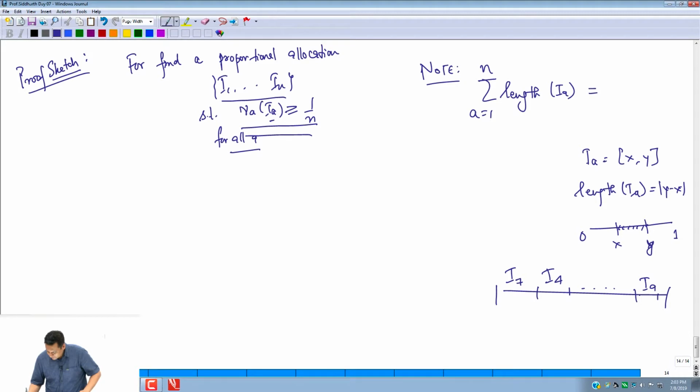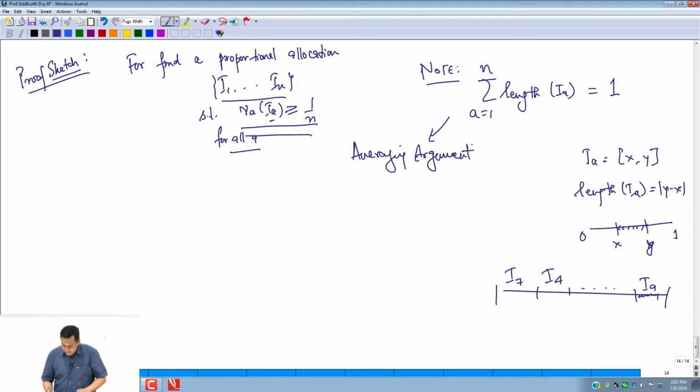These are the intervals assigned, disjoint intervals. If I sum the lengths of these intervals up, what do I get? 1, right? It's literally just summing up these lengths. So this is 1. So this effectively, through an averaging argument that I'll detail in a second, means that